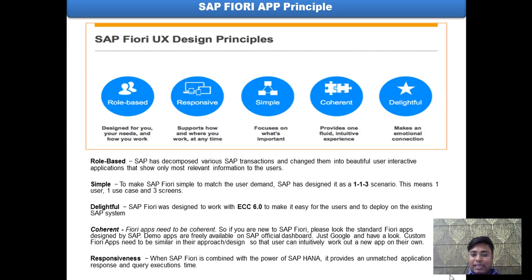Now SAP Fiori is standing on 5 basic principles. It is absolutely role based, designed for you, for your need and how you work. It has unmatched responsive power using the HANA database. It is very simple, and it is very much coherent. That is why I mentioned in my first slide that you must go through the link